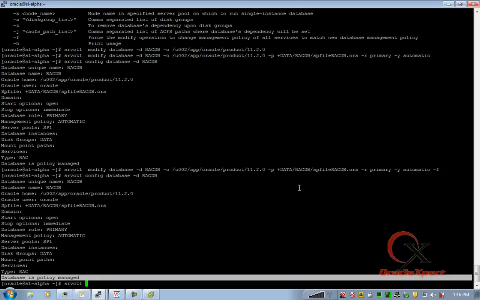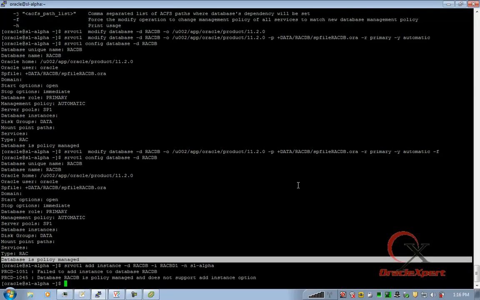Let me try to add instances manually. So it says database RACDB is policy managed and does not support add instance option.